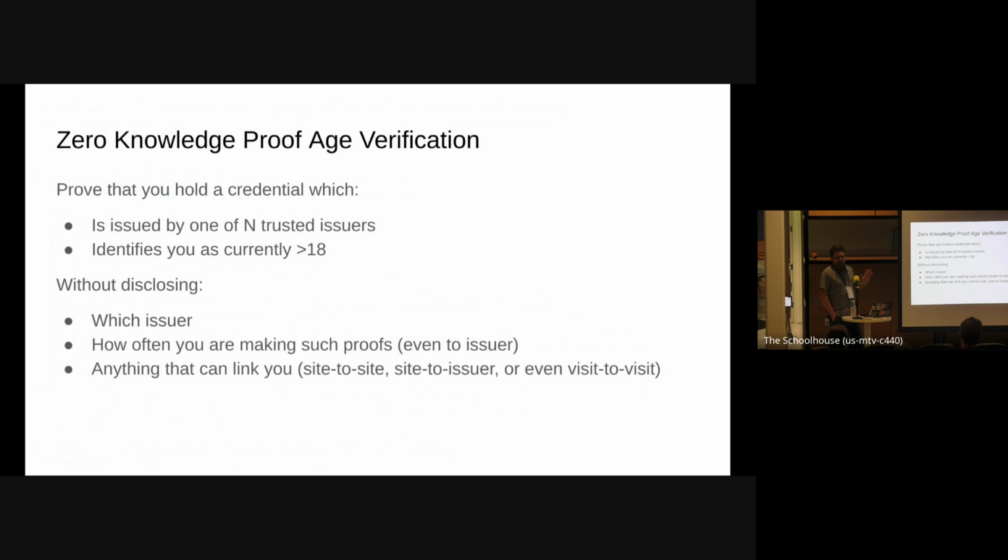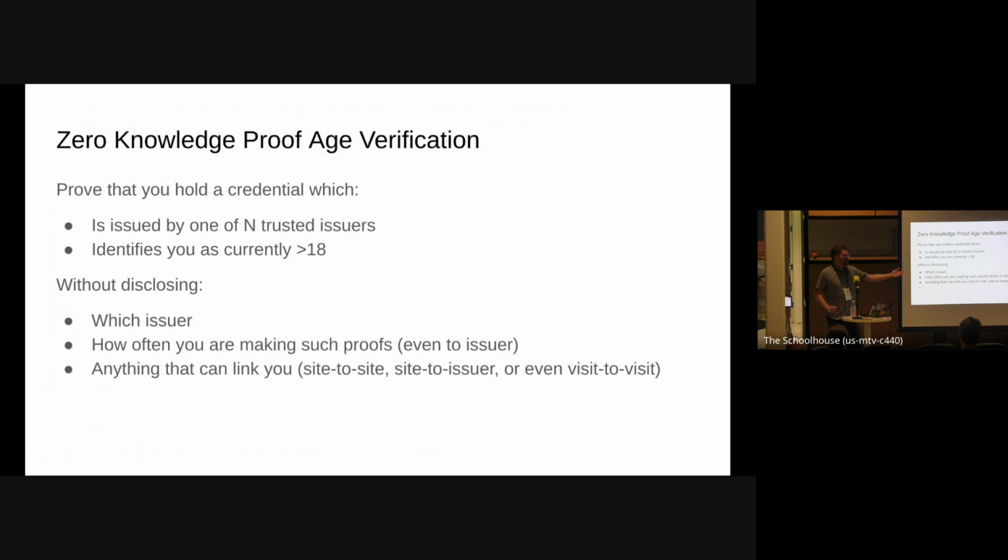Now, I don't understand the math behind these things. It's crazy crypto, but it lets you prove, for example, that you hold a credential from one of n different issuers without revealing which issuer. That's another important property, by the way. Just because I gave you a credential saying California says I'm over 21, well, now you know I'm a resident of California. Maybe that's not a big deal for California, but maybe for Rhode Island, it's a bigger deal. So a zero knowledge proof could say, the requester could just say, I trust these 212 different issuers.